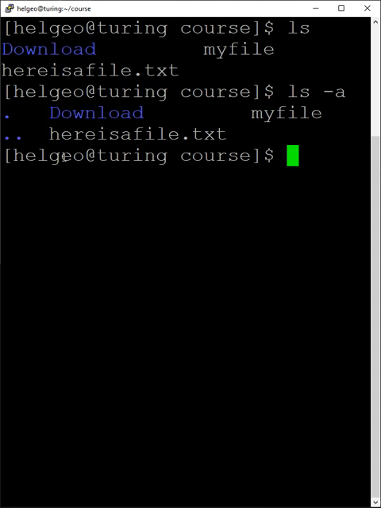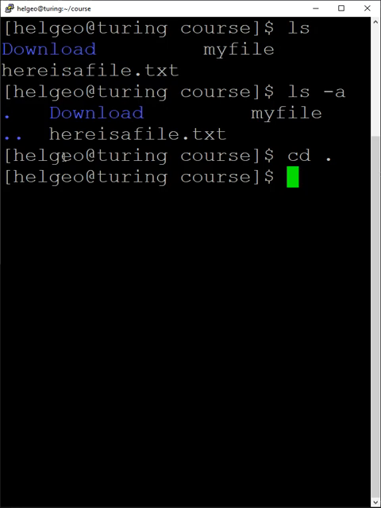The other one, which is dot dot, is the parent directory. So that's why if you do a cd dot dot, that's actually moving one step up. If you just do a cd dot, that means move to the current directory, which doesn't make sense because you are just standing still. But dot and dot dot is very useful when you are doing copying and moving, because what you can do is that let me now create a file in another folder,